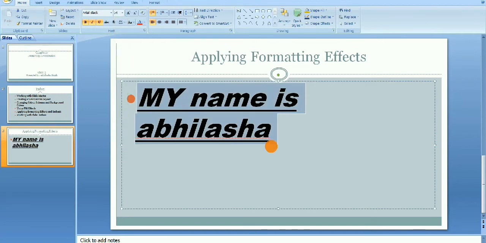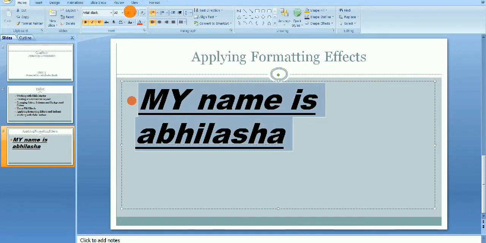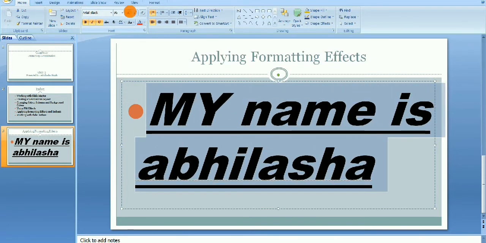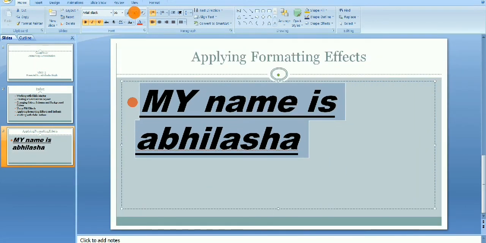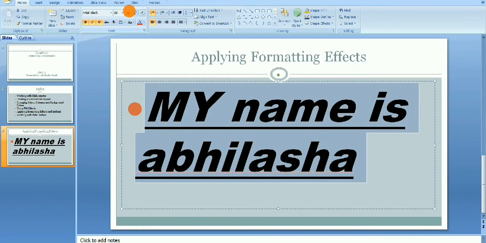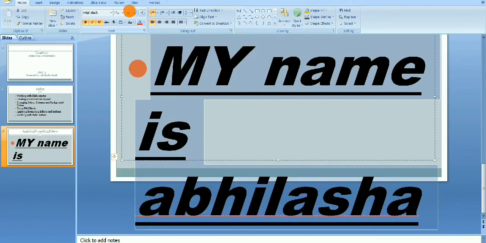Here you can increase the text size, or you can decrease the text size from here with this A. You can also customize your size from here. If you want to set it here, you can write it here. Otherwise you can also set the font size by just clicking on it, then it will increase with each click. If you want to decrease, it will decrease like this.